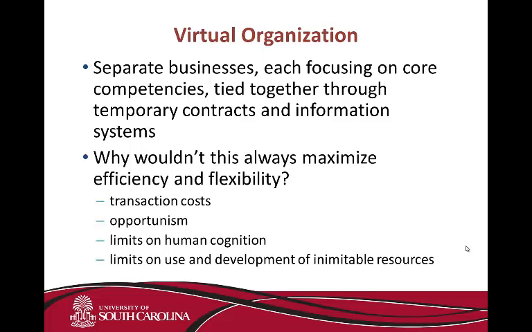Here's why it doesn't always maximize both efficiency and flexibility. One is there are transaction costs. This is essentially a situation where we are renegotiating our contract in the marketplace constantly, and that costs us something as opposed to using a hierarchy, which is more stable. Lots of opportunity for opportunism. That is, we don't know if we can trust all of our partners, and there are some pretty clear windows where they may take something they learned from us that was proprietary, or they may raise their prices because they know we don't have a lot of other opportunities to get that particular function at the level that they can produce it.